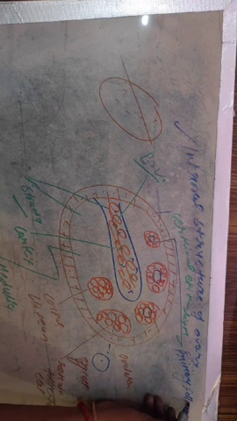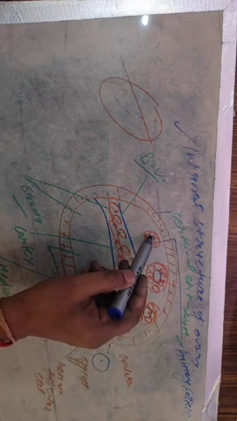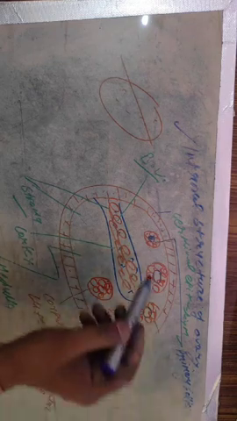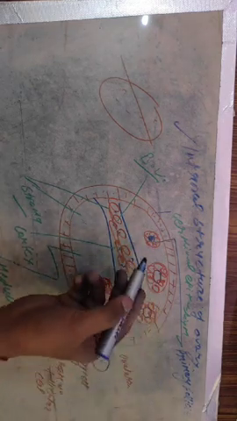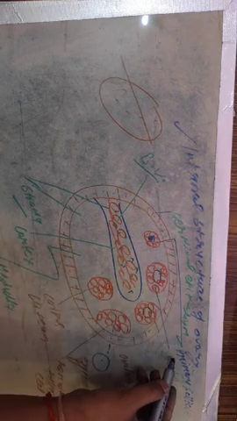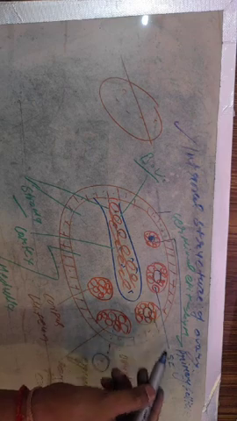Primary follicle. What is a primary follicle? Follicular cells along with the egg cells form primary follicles. If it matures, it forms the secondary follicles, later the tertiary follicles, and then the